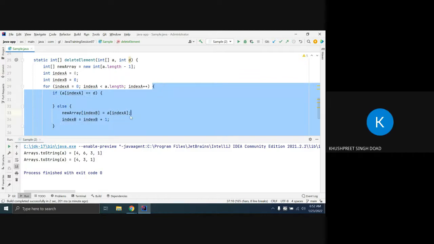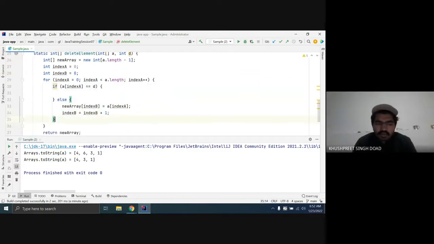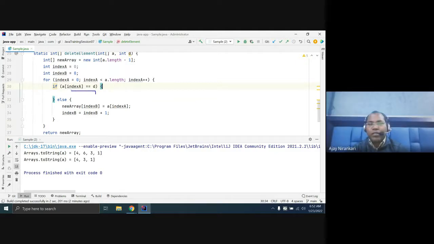Sir, it means when the thing that we want to remove is found, we will just leave that empty? Yes. Like if it comes up empty, then nothing will happen. Nothing will happen. We are not doing anything. We are not writing anything here. Let us explain again.